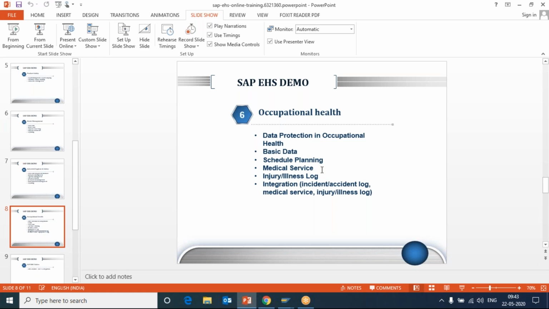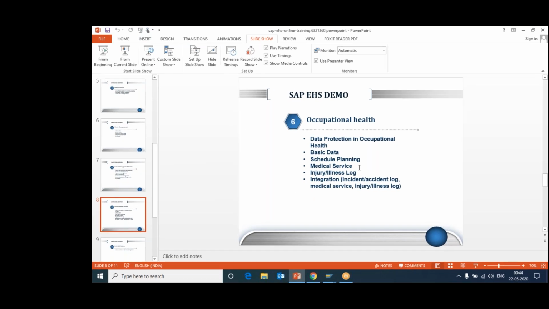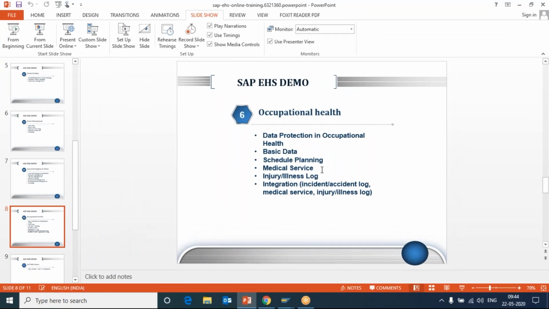That doctor will make it available in the SAP system so that his manager or the HR department could easily access and see what the health issue was about, and whether we have to conduct any investigation into it. So this data will be integrated in such a way that all the other related departments can have a look at the data and take necessary action. That is how it helps us.